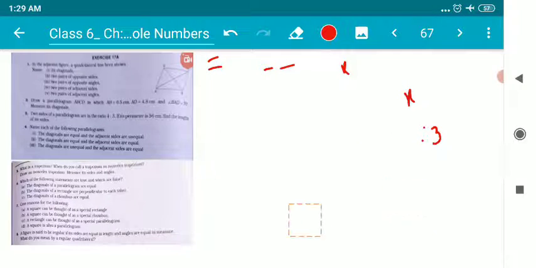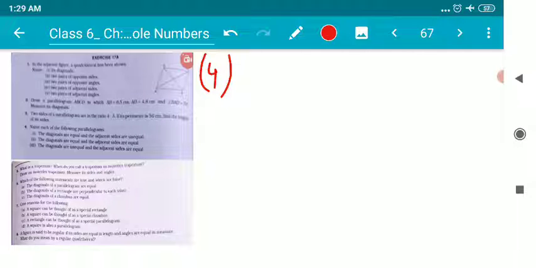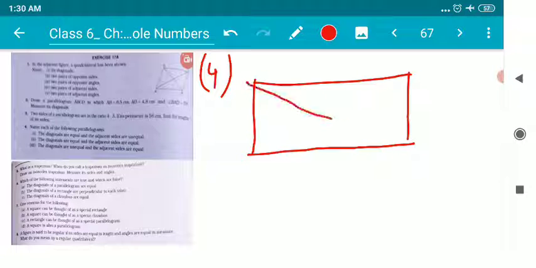Now children, we will understand something which is really very interesting and will be useful for your higher classes as well. Question number 4. We have to name those parallelograms whose diagonals are equal and the adjacent sides are unequal. Children, the figure we have to draw, or imagine, is one in which diagonals are of equal measure but the adjacent sides are different. This is a diagonal, this is a diagonal, they are of equal length, but their adjacent sides, these two are adjacent, they are of unequal measure.